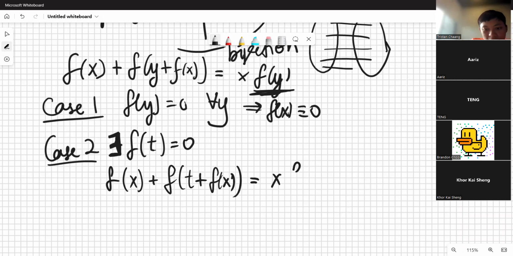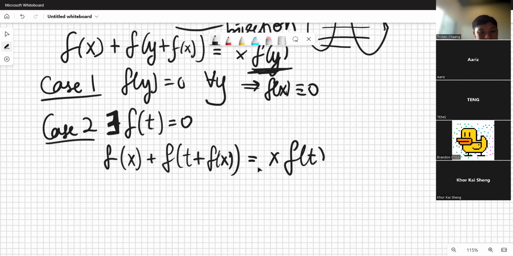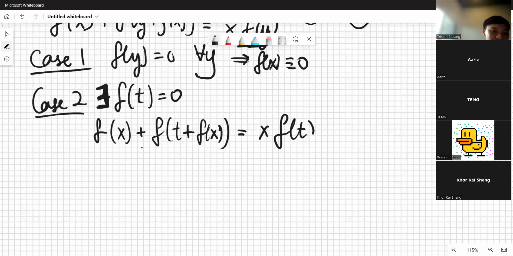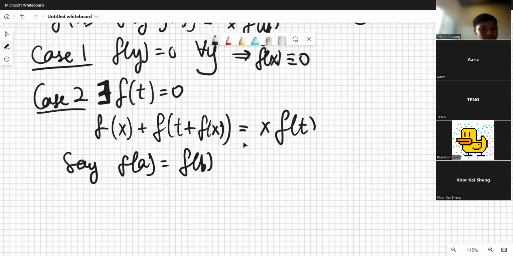Equals x ft. All right. Now, how do we prove f is injective? Let's say f(a) equals f(b). Then I prove that if I put x equals a and x equals b on the left hand side, it's the same thing. Why? Because